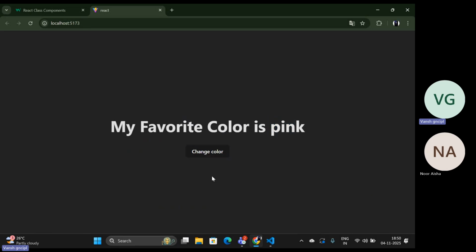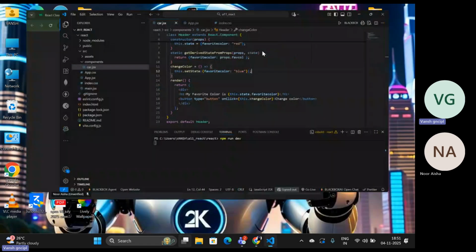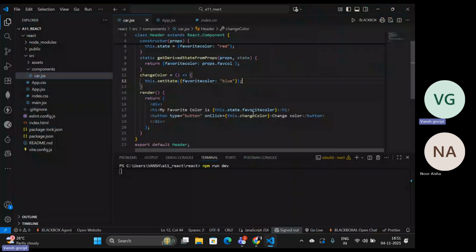But when I click this change color button, I am clicking it multiple times, but the color is not changing. That's what I am explaining to you: why this color is not changing. This color is not changing because as soon as you click on this button,